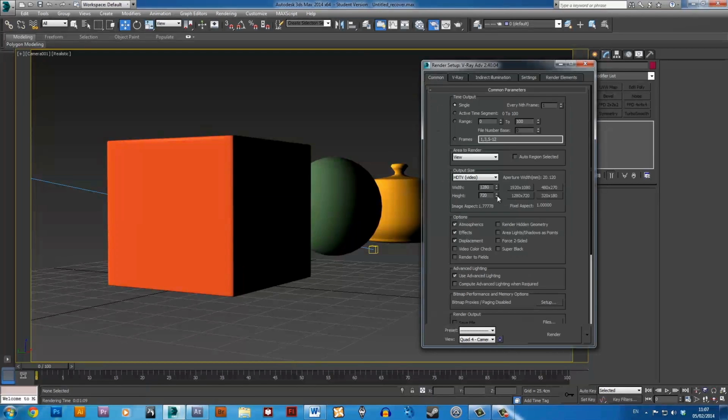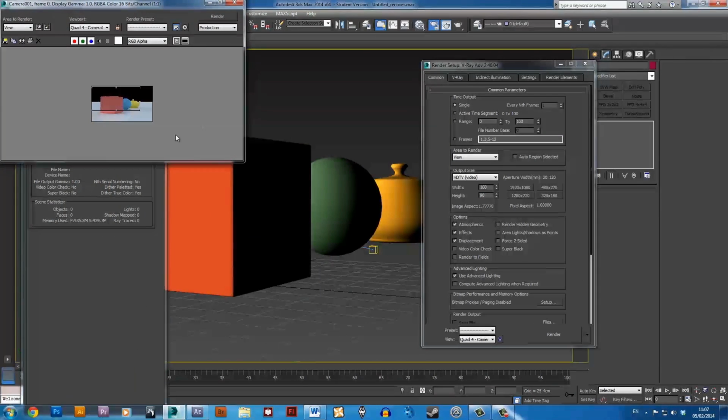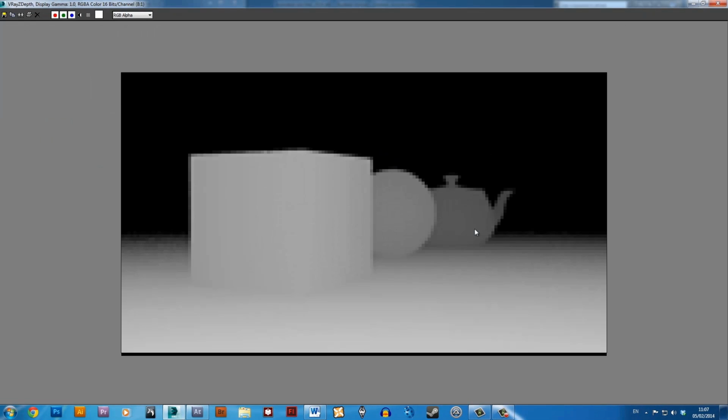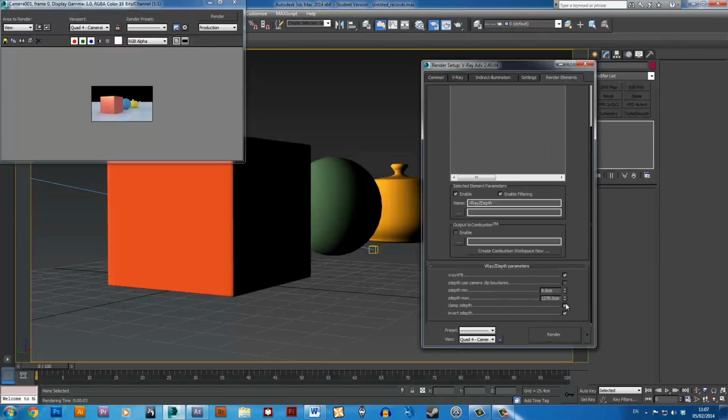And the good way to test what your ZDepth looks like is if you just create a really tiny render box, so it renders out really quickly, and it'll show you what your ZDepth is going to look like, basically as a little preview. So that to me looks pretty good, but I'll just show you what happens when you tweak your settings a